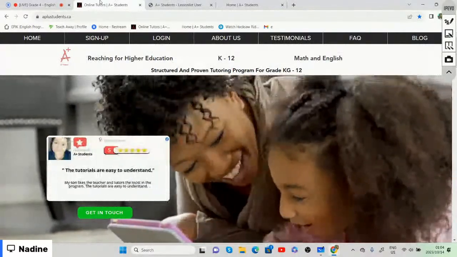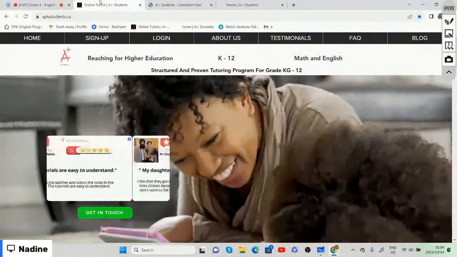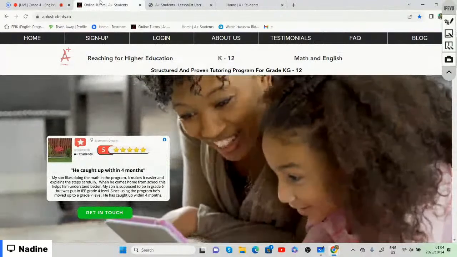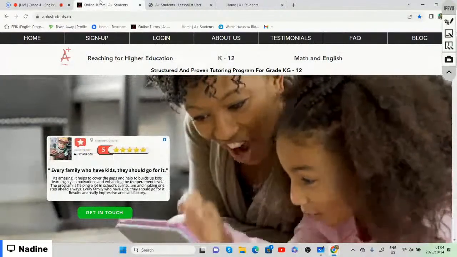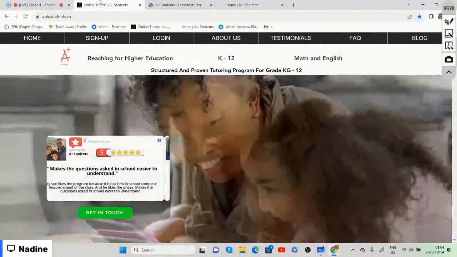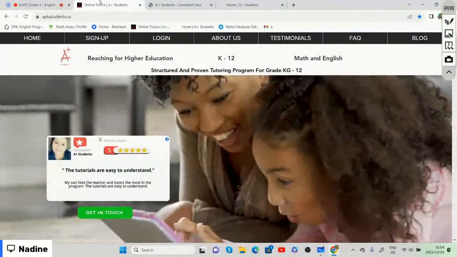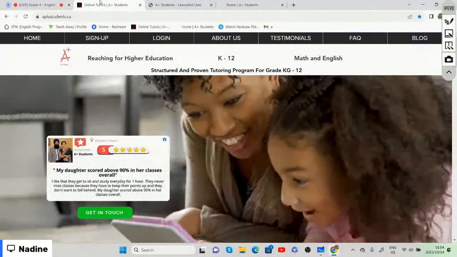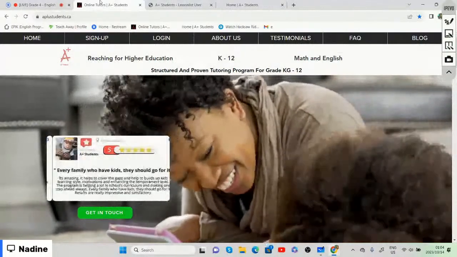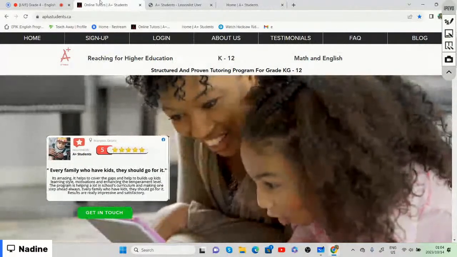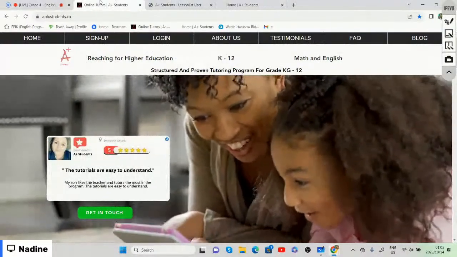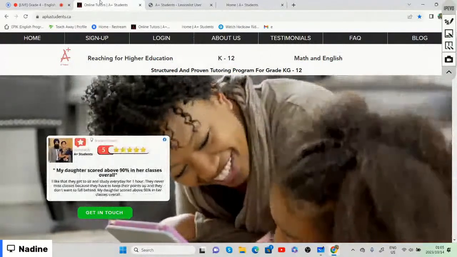So, today we will be doing our grade 4 English lesson on subject verb agreement. And before we start with the lesson on subject verb agreement, we are going to log into